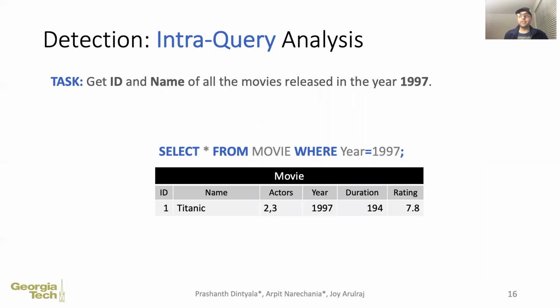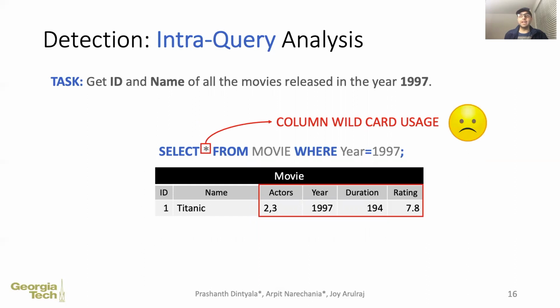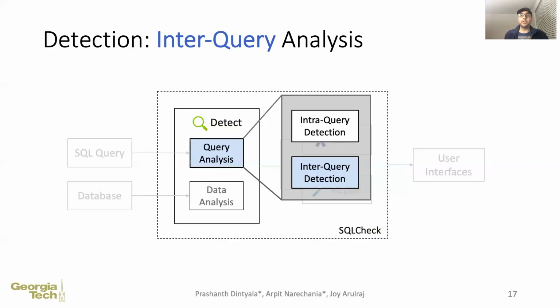However, we observe that the result set contains extra columns that are not required. This happens due to the usage of a wildcard in the query. A detection rule identifies this wildcard and returns the column wildcard usage anti-pattern. In this manner, the intra-query detection algorithm identifies many anti-patterns. However, it cannot detect more complex anti-patterns that require the application's context. To detect these complex anti-patterns, as well as to reduce the number of false positives and false negatives, the detection component utilizes the inter-query detection algorithm that uses the entire